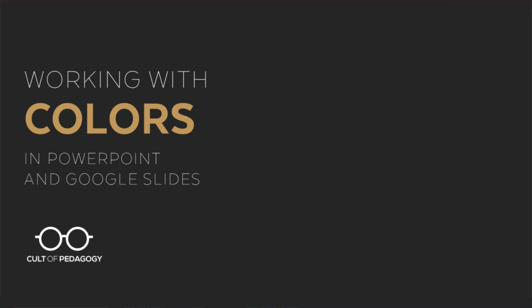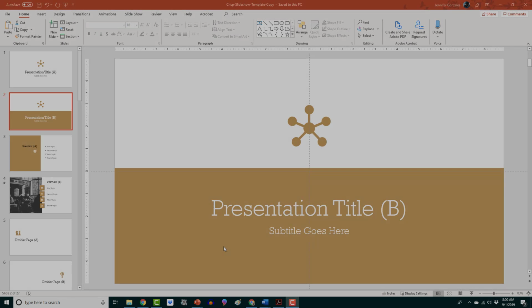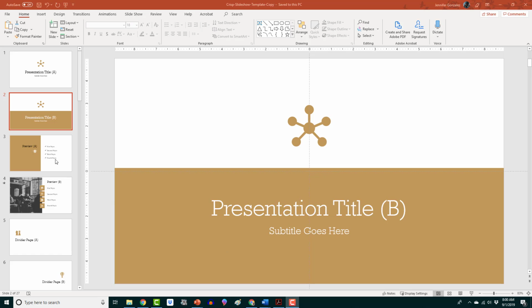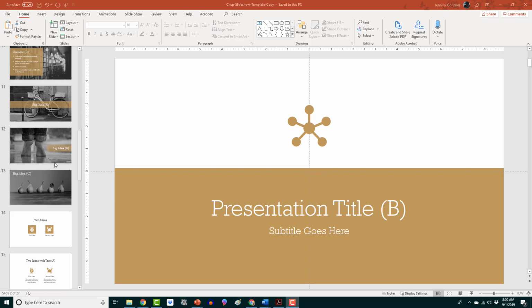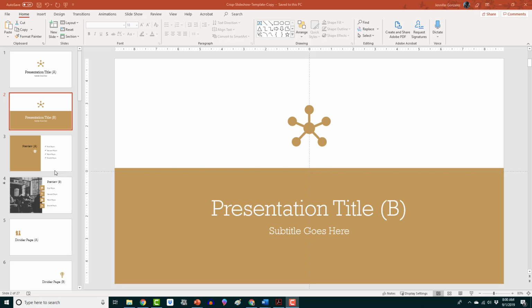Let's take a look at how we change color in our presentation. Right now we're looking at this template and it's got this sort of butterscotch color going all the way through. And if I would like to change that throughout the document, one way that you can do this sometimes is